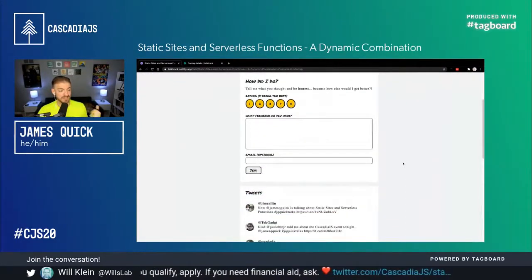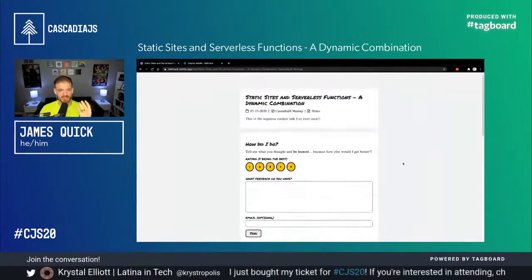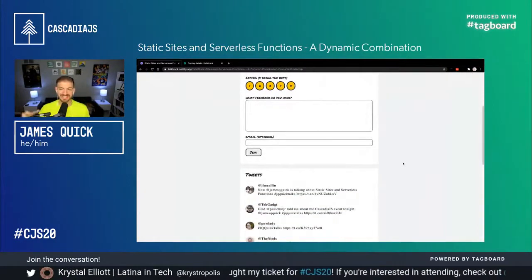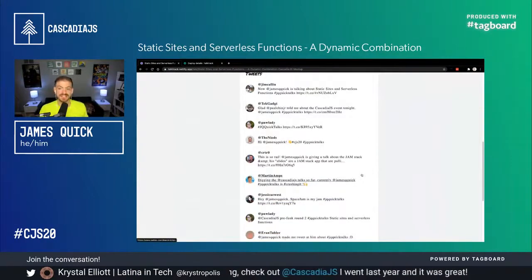If you scroll down, you can now see the tweets. So this is a static page built with Gatsby. When it loads, it's got certain pieces of information, like the stuff up top. But if you scroll down, it's also making a real-time call to the serverless function to ask for all of these recent tweets. So, first of all, thank you everyone for sending in these tweets, but you can see all these tweets are now dynamically being displayed on a static page, which I think is pretty cool.